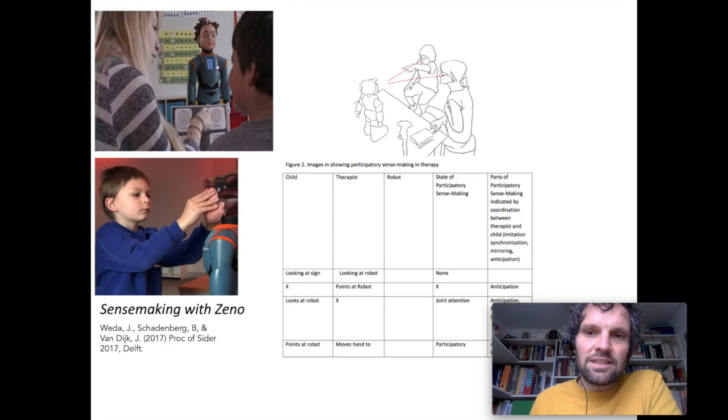We did see all kinds of interactions between the child and the therapist and the robot that were part of what you could call attempts at participatory sense making, but very often the official rules of the game, the experiment, so to speak, would intervene in that, would go against that. So, for example, the child not being allowed to just grab and pick the robot and play with it as a doll, which was the affordance of the robot, at least for that child, right? And the child was not allowed to explore the world in a way that was natural to the child.